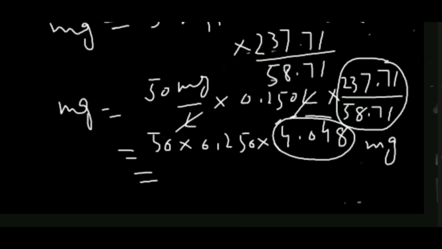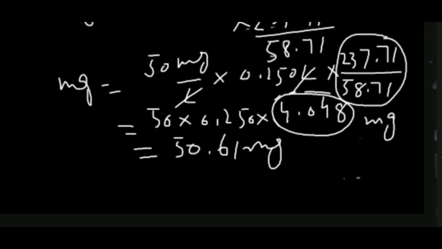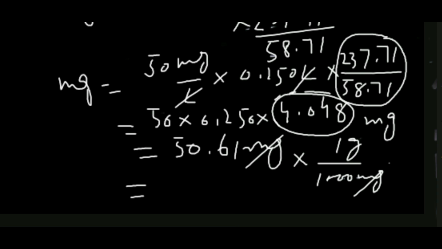If we multiply all these we can get 50.61 milligram. Now if we convert the milligram into gram, we know that 1000 milligram is equal to 1 gram. So here milligram and milligram will be cancelled, and if we divide the 50 by 1000, we can get